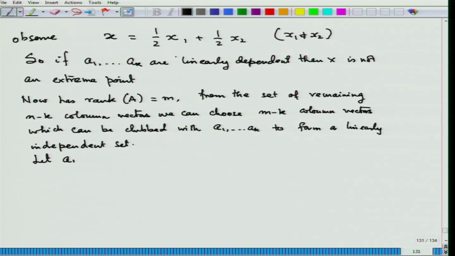Let a1, ak plus 1 to am be these vectors. For simplicity, you just have to make a multiplication with the permutation matrix. So, a_{k+1} through a_m are those vectors. Then one can write